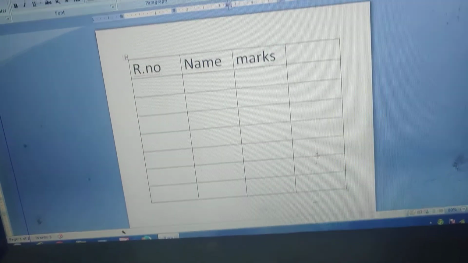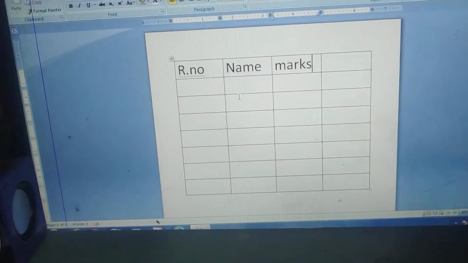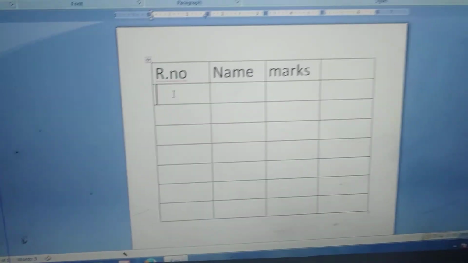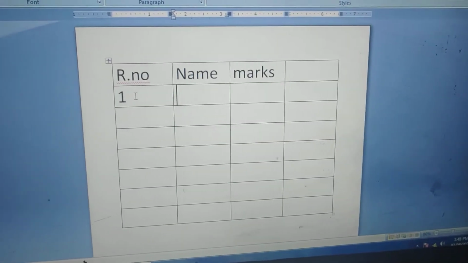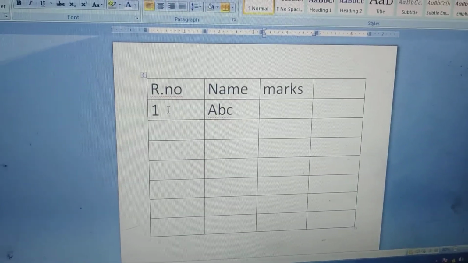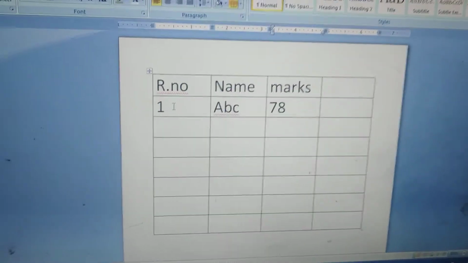Okay, now see, this column is extra. I don't want this column. What to do? I will show you afterwards how to delete it. Okay, then next, roll number 1. Roll number 1, Tab, otherwise arrow keys. What is the name? A, B, C. Again Tab. How many marks did A, B, C get? 78.